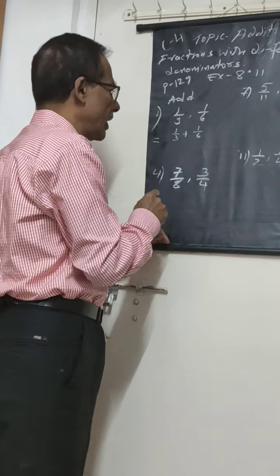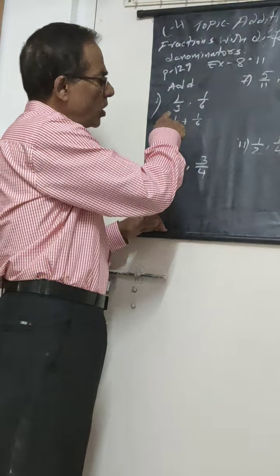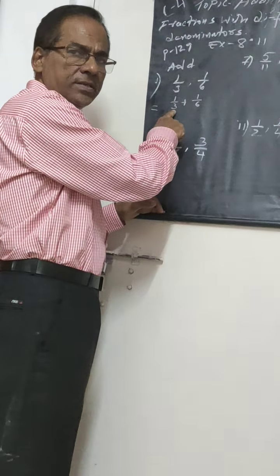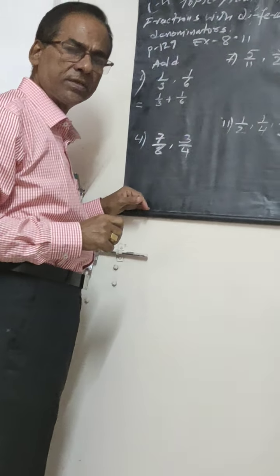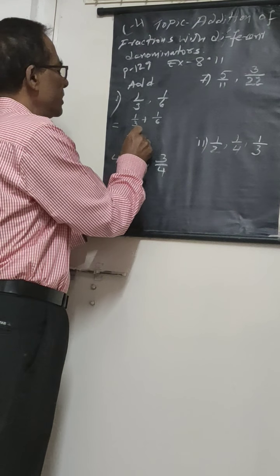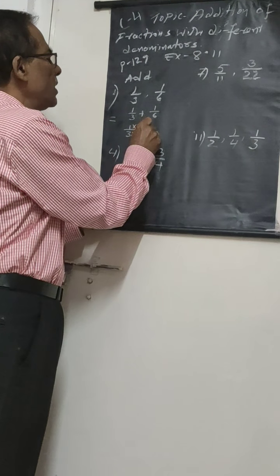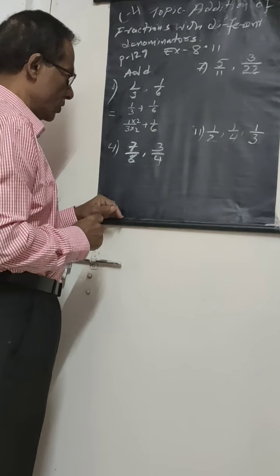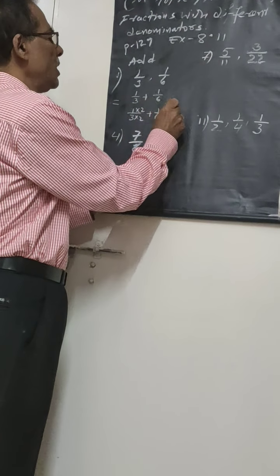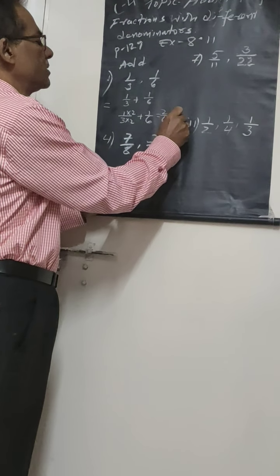Now you have to think like this. This one is 3, and here is 6. The sums up to here are like this only. If 6 is there, then 3 into how many times is 6, students? Yes, 2. So 1 by 3 into 2, here also into 2, plus 1 by 6. Okay. Then it is 2 by 6 plus 1 by 6.